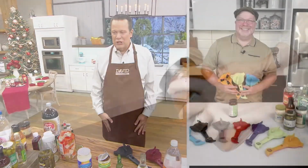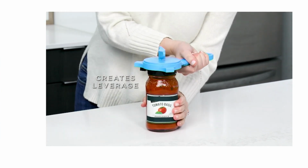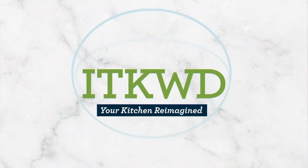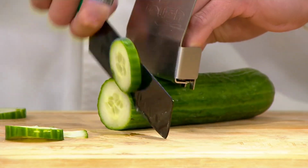All right, so let's talk about the winner of America's Big Deal, who has taken a common problem that most of us deal with in the kitchen, and he's solved it. Now, this is a product called Tip Tough. It's a set of 2